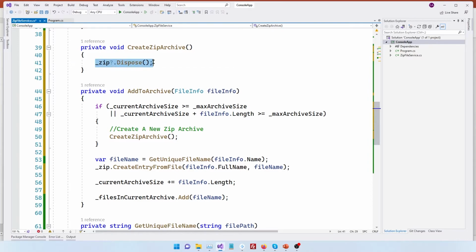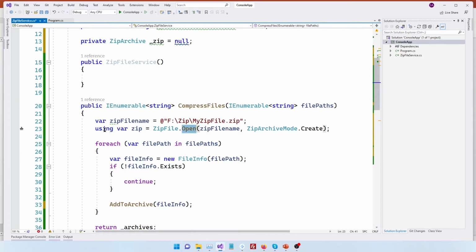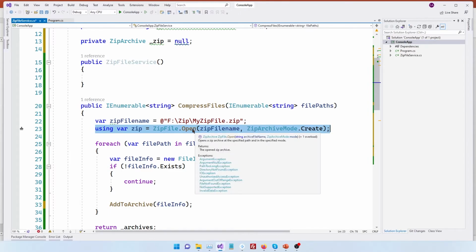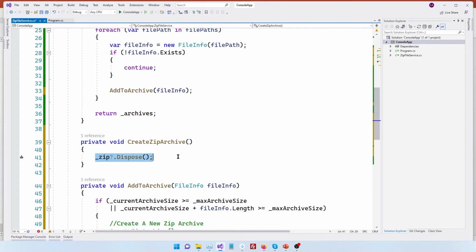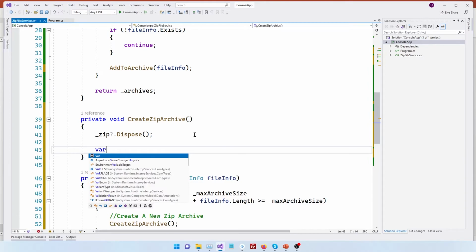So what does this mean? The way the zip file system works in the system.io compression is, it's a stream. So the moment you, let's go back to our create archive method. Right here, the moment we open this, we start a stream. This stream will basically stay open, and until we dispose it, it will be open. So here, before we create an archive, we basically say, let's dispose it if it exists. And then we will say